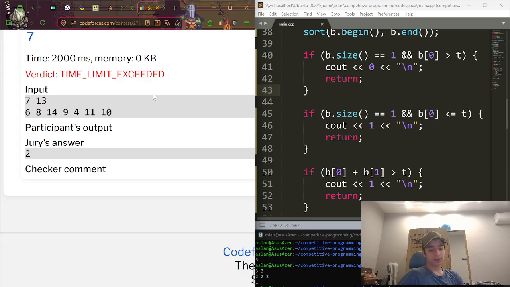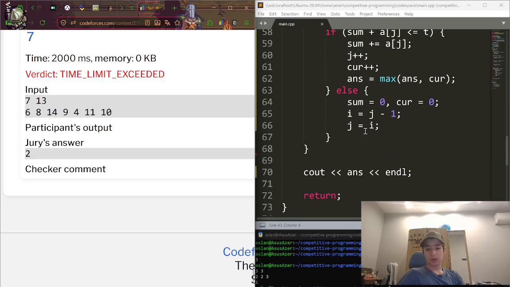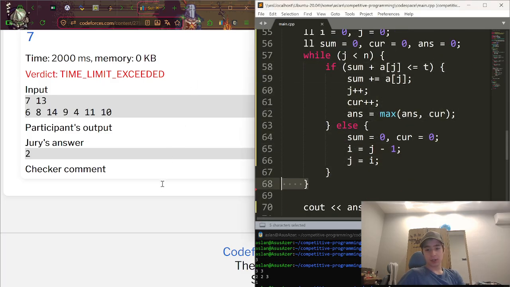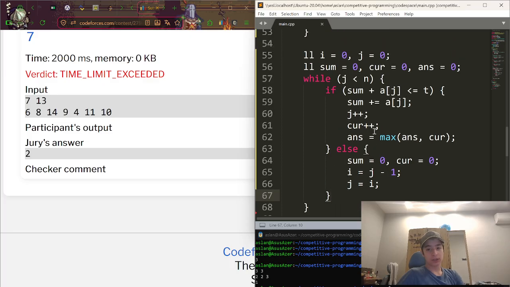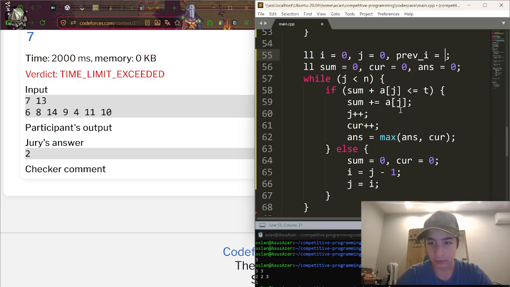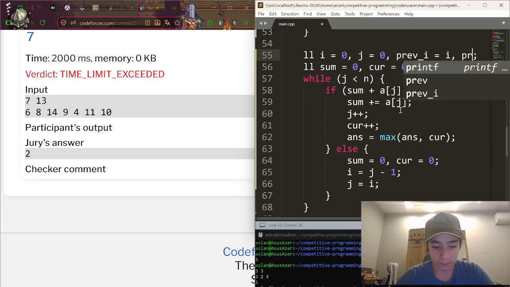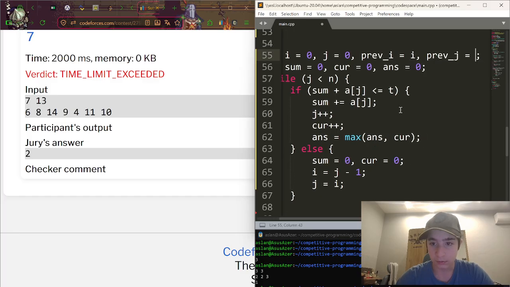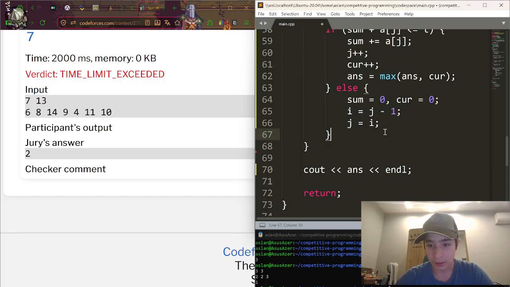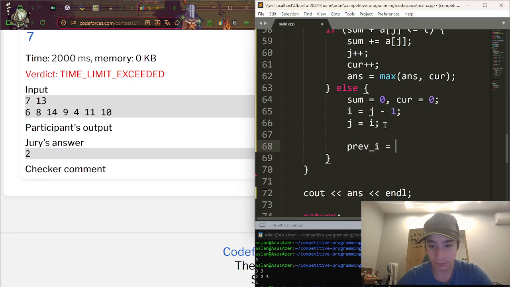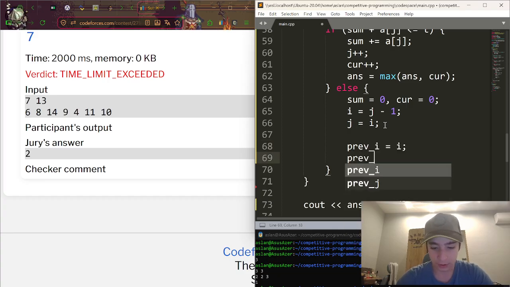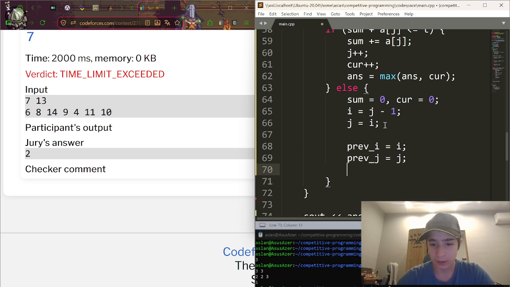Okay, I see this, like it's repeating each time, because in this loop I'm going to have some change like previous i and previous j. If i equals the previous i, like if they are all equal to itself, let's make prev i equal to i, and prev j equal to j. If they're all equal to each other,